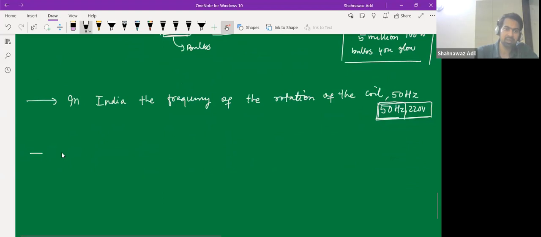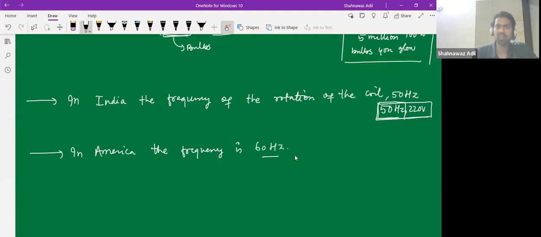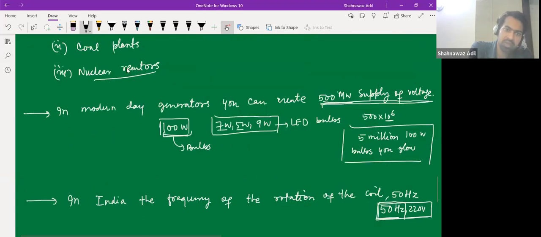And in America, the frequency is 60 hertz. Okay. So these are some general information that you guys should remember. These are not from the examination point of view, but